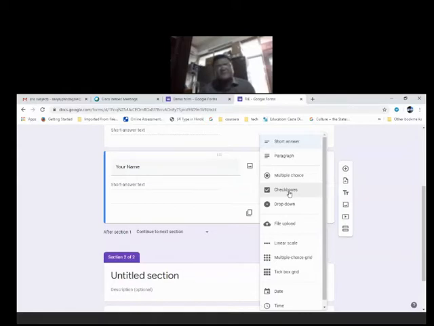Sometimes we may require to choose more than one option. I will show which kind of questions will come under which type. So check boxes, where the answer may be more than one. Drop down: if my options are more in number, then I will use this drop down, and similarly others.